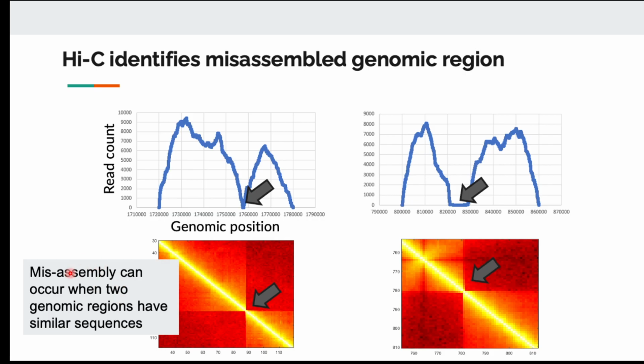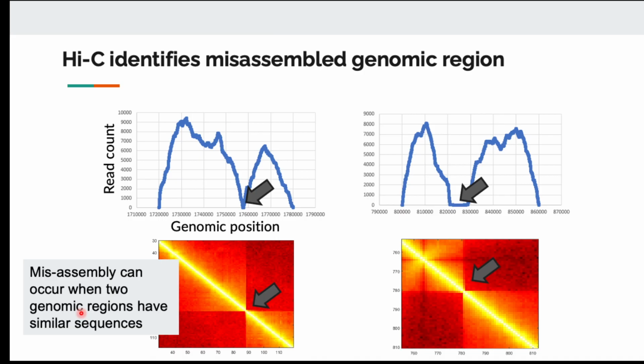When we learned read assembly, it is based on similarity in the sequence. But imagine that your genome has two regions with similar sequence. There's a chance that when you assemble the reads together, you put a segment from one chromosome next to a segment from a different chromosome because the sequences look similar. When you look only at the similarity in the DNA sequence, you don't know that you are